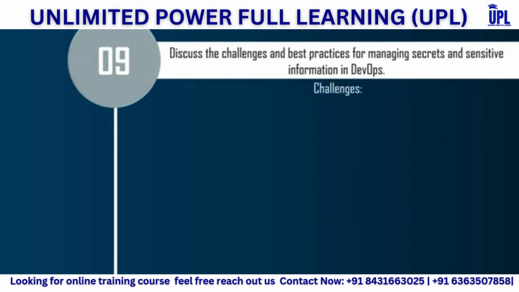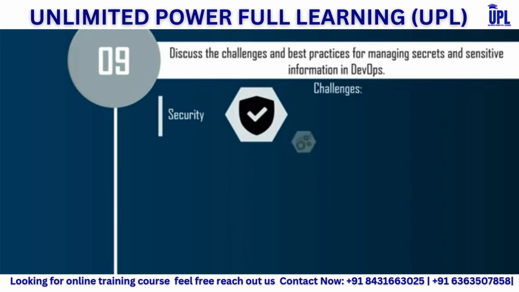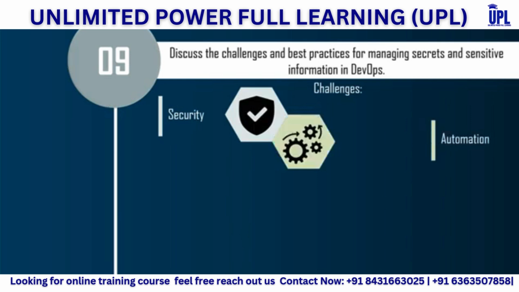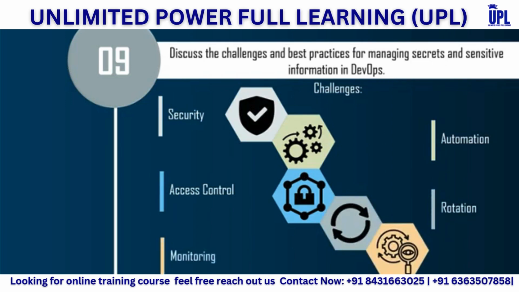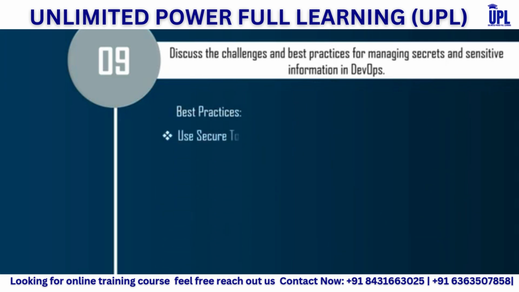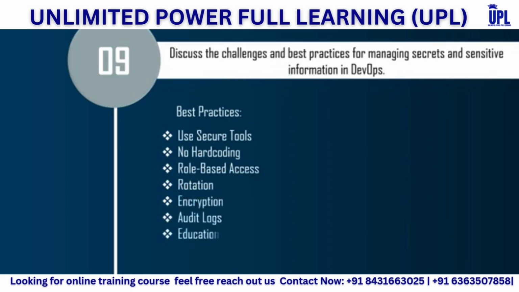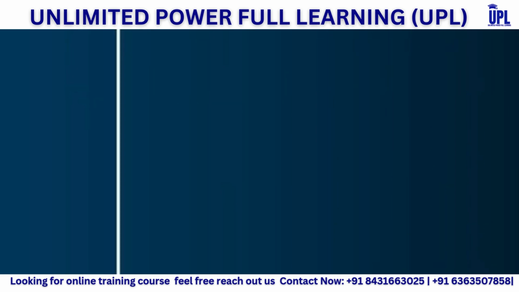So the challenges are, first we have security. So keeping secrets safe from unauthorized access. Next, automation. So integrating secrets into automated processes. Next, access control. Managing who has access to the secrets. And then, rotation. So regularly changing and updating secrets. And finally, monitoring, tracking and auditing secret access. The best practices are use secure tools, no hard coding, role-based access, rotation, encryption, audit logs, education, and finally regular testing. And the 10th question is,